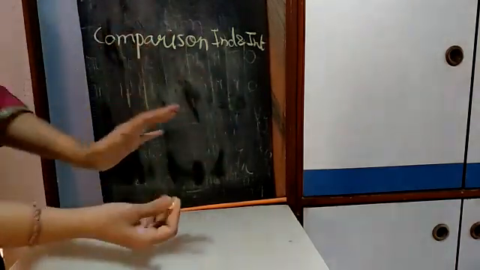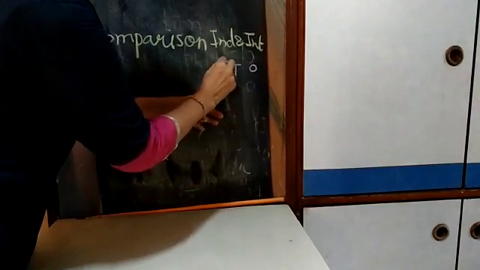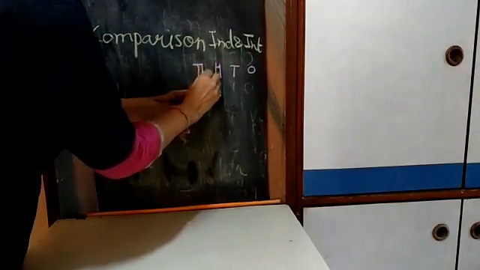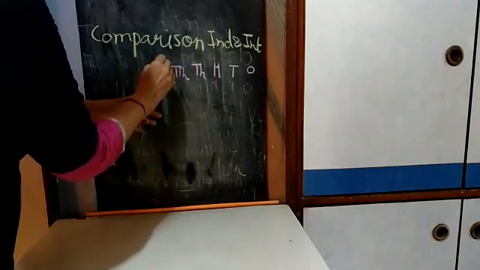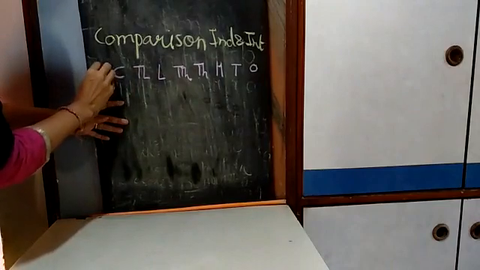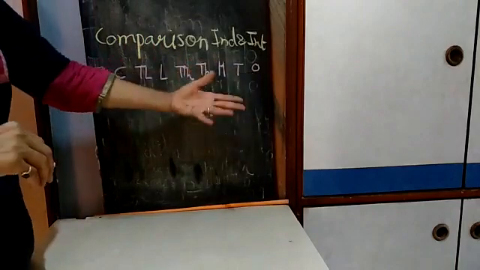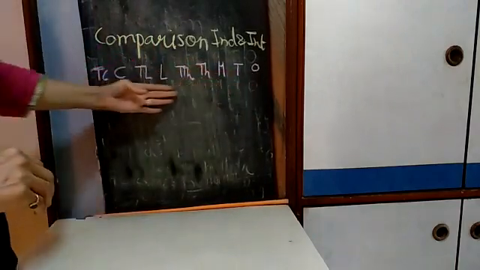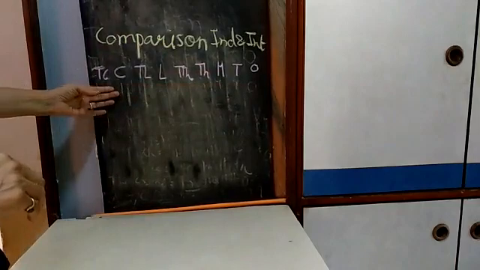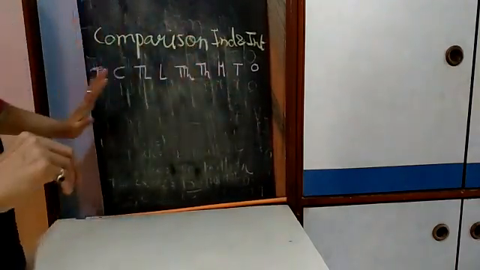See, for that you have to write the places of both number systems. First we'll write the Indian number system places, that is ones, tens, hundred, thousand, 10,000, lakhs, 10 lakhs, crore, 10 crore. You can use this for any standard from lower to higher, because all the digits and places are there.